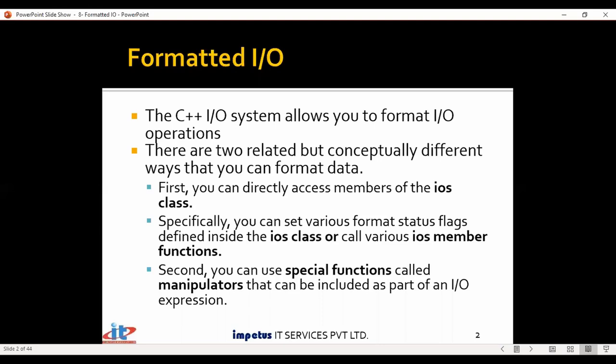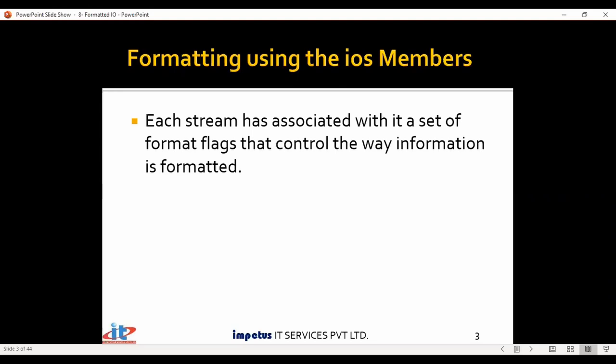That means we will be in a position to use only the predefined manipulators that are available. If you want to go beyond that, we need to be aware of this ios class. This ios class, the stream from where the istream and ostream are inherited, has a lot of formatting flags. And these flags control the way the input or output data can be formatted.